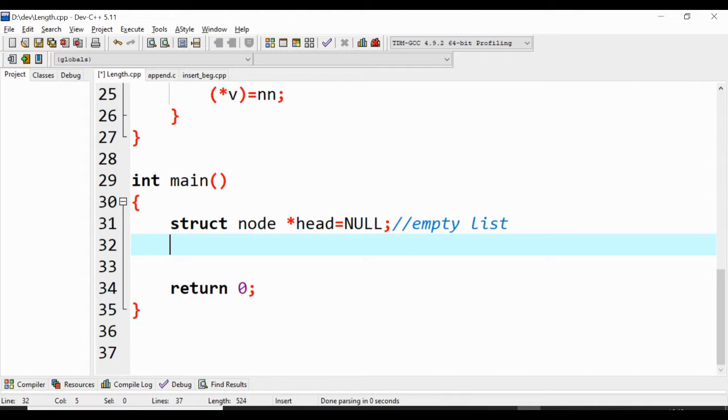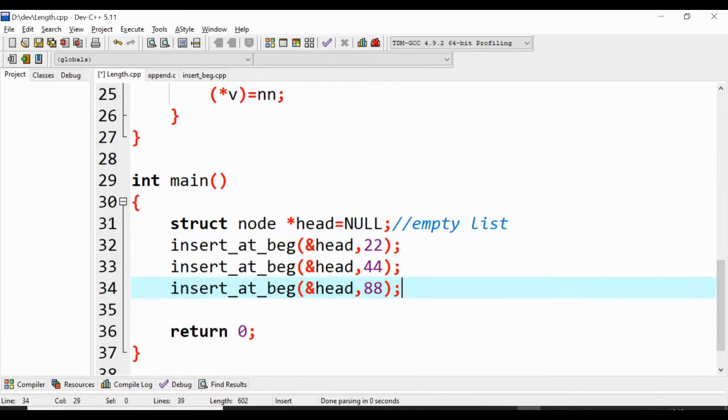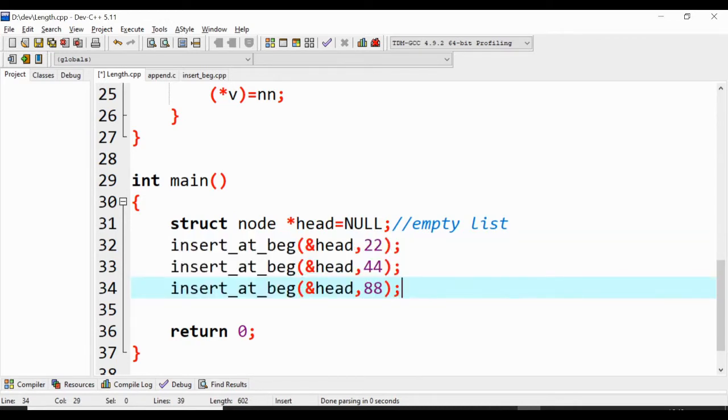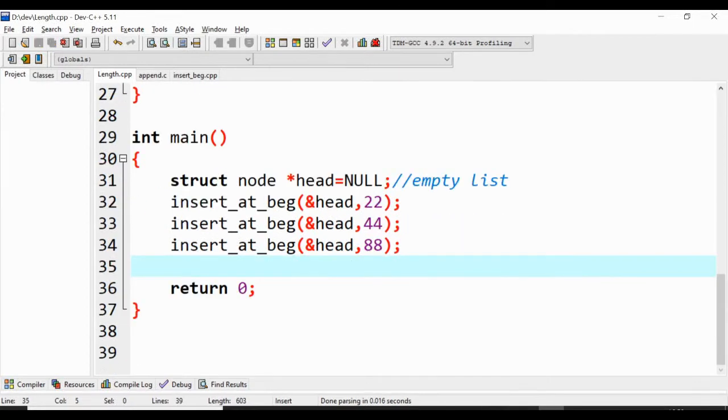So inside the main function, I will be calling the insert at beginning function 3 times with the values 22, 44 and 88. Even though the pointer head was initially NULL, after performing these insertions, this head pointer will be holding the address of my first node.